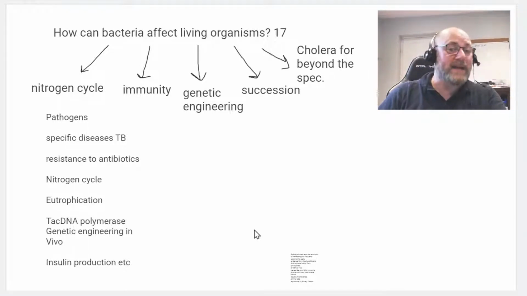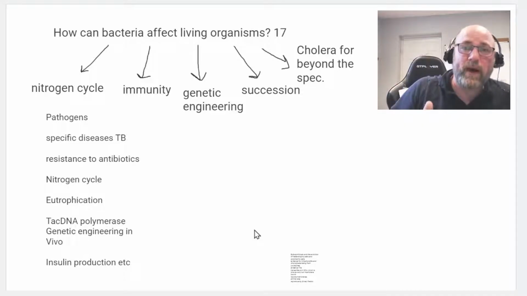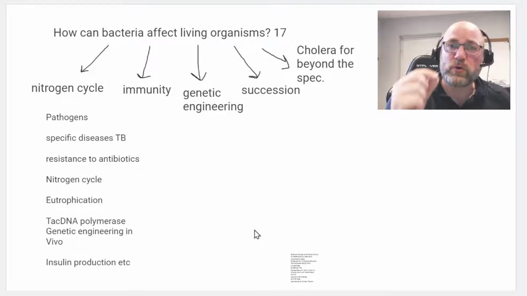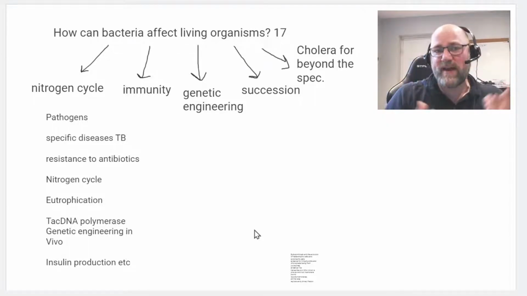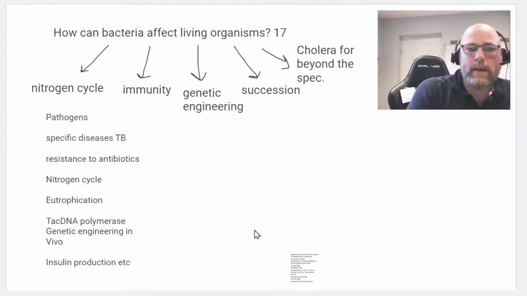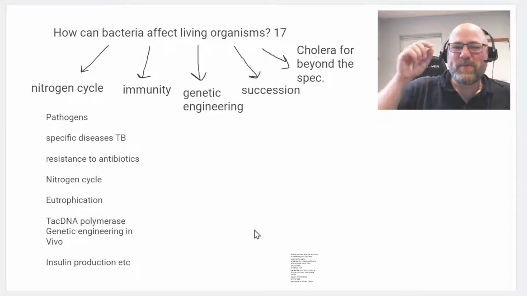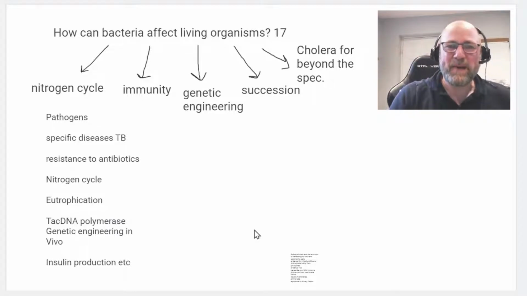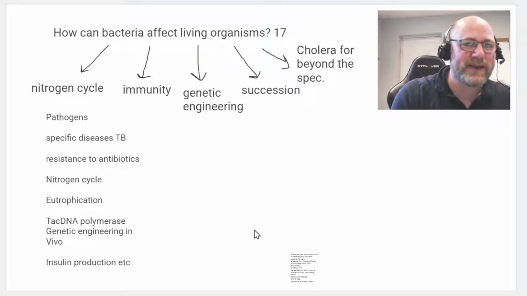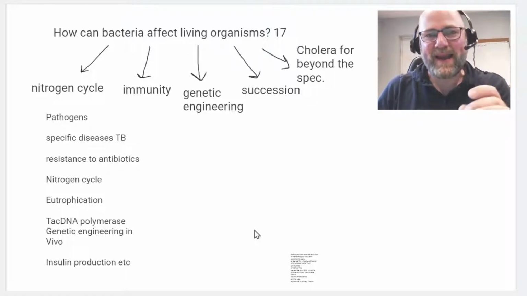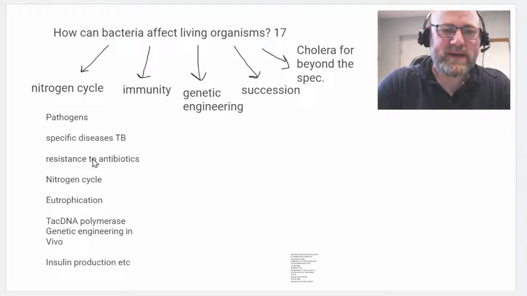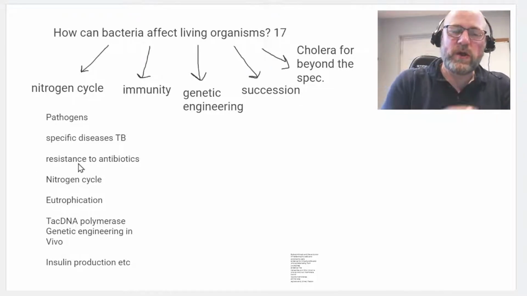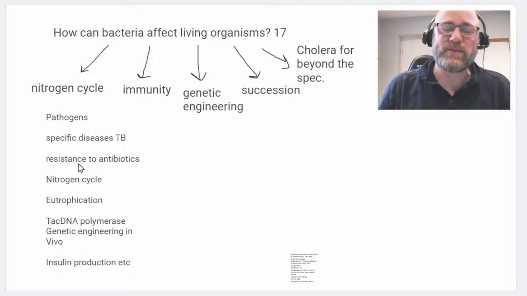So, oh yeah, antibiotic resistance. That's a separate one from immunity, because you get to talk about natural selection there. So you get to talk about your mutations, your variations, and all of that kind of stuff. But remember, we have to keep it A-level. So if you're going to start talking about genes, best to use the word alleles, allelic frequencies and stuff like that. So you want to make sure you have a flick through